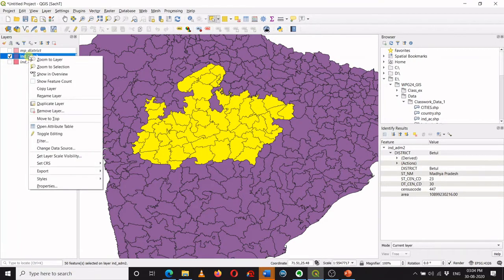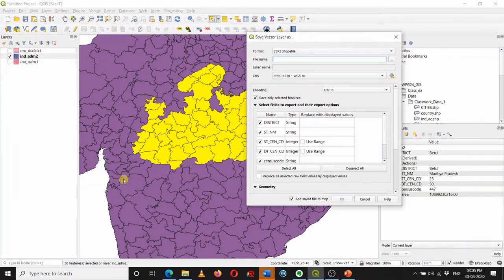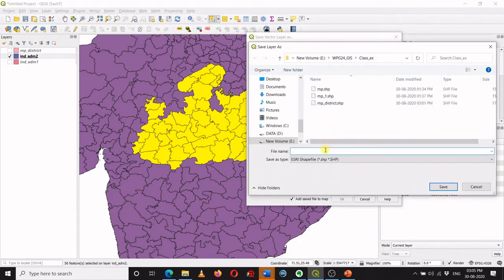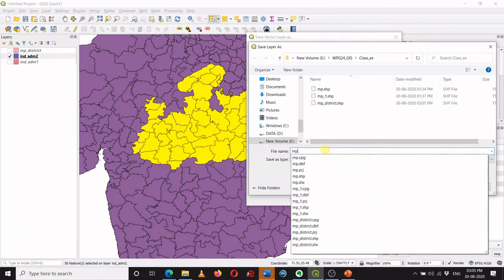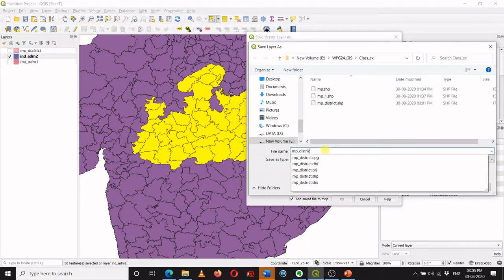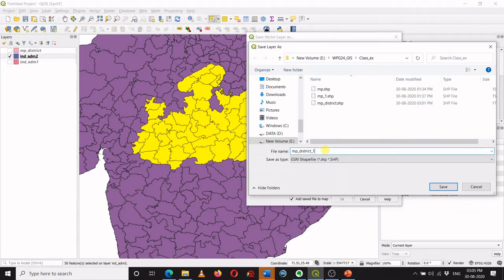Now I can again right click and export the features by using the option called save selected feature as. Then again I will give a file path, don't forget to give a file path, and I will give a name to the file, MP district 1. Just ensure that you are not using space while naming a file, otherwise sometimes it creates problems.